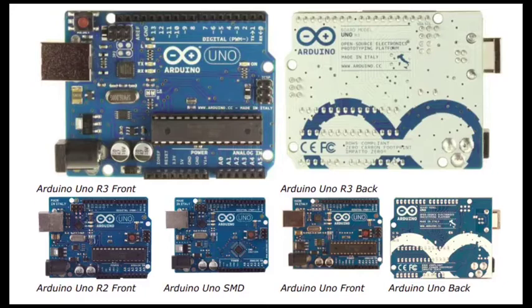So what exactly is Arduino? It is a microcontroller board based on the ATmega328. Now ATmega328 is the microcontroller which is the heart and brain of this total board. So this is the chip. This is the ATmega328,